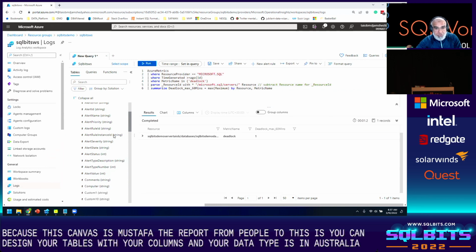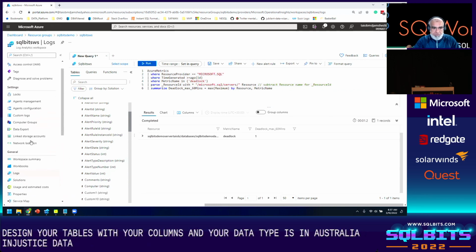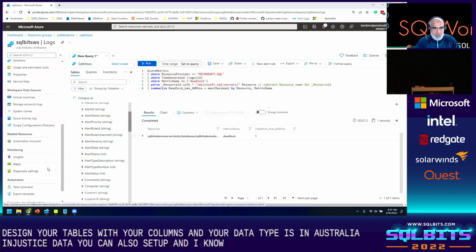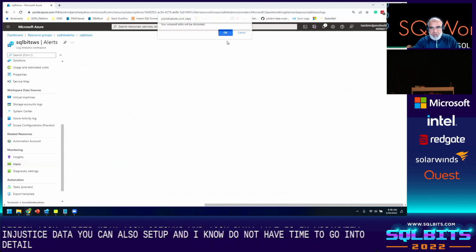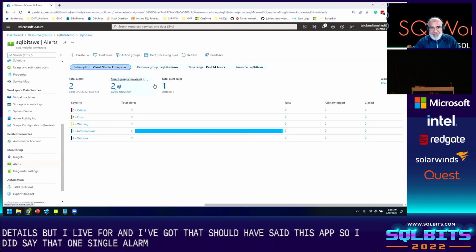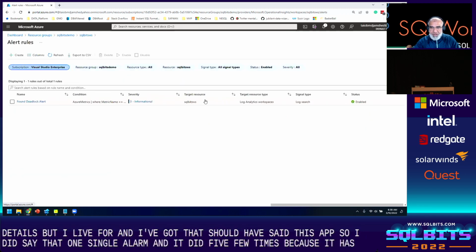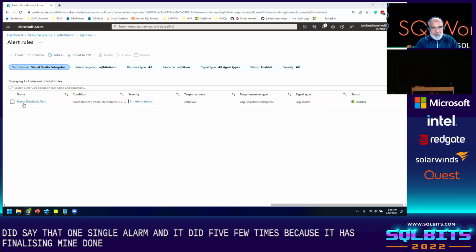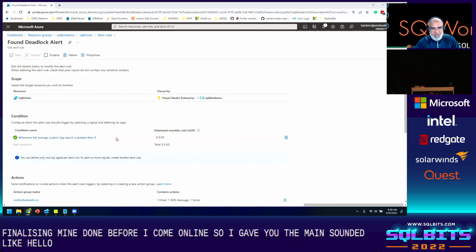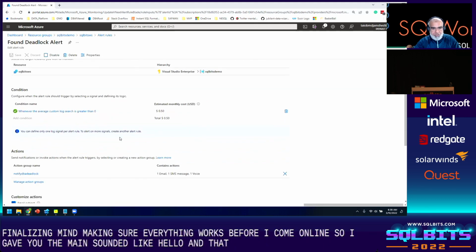Now, once you ingest this data, you can also set up alerting. And I know we do not have time to go into details, but I did put enough code that you should be able to set this up. So I did set up one single alert, and it did fire a few times because I was finalizing my demo. I was making sure everything works before I come online. So I gave it a name, found deadlock alert. And in that, I have a piece of code